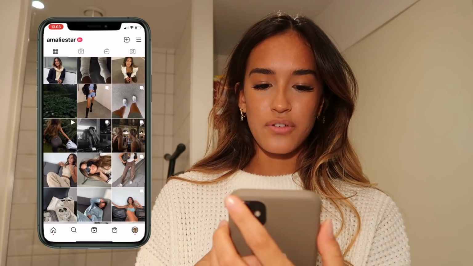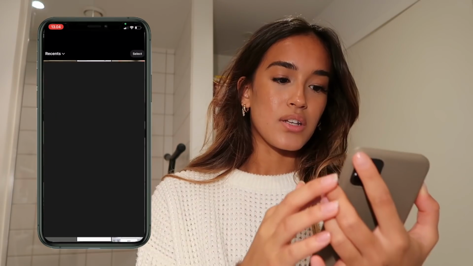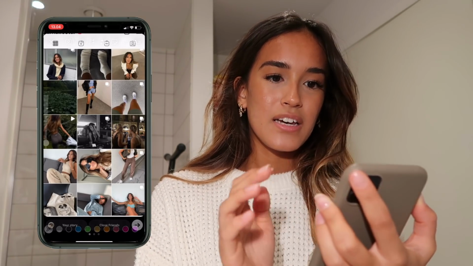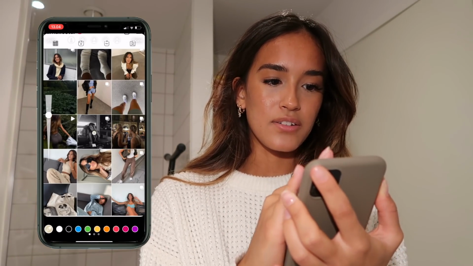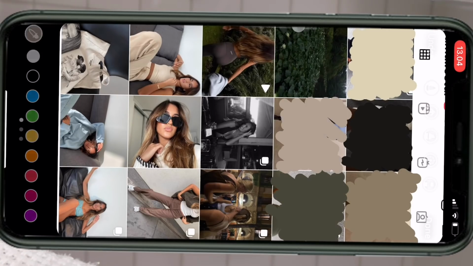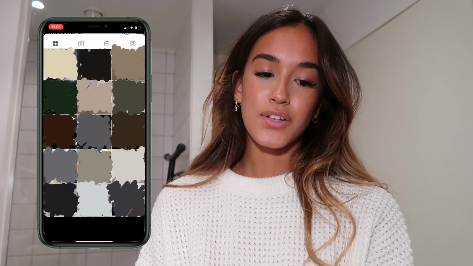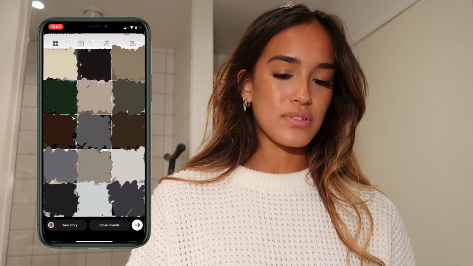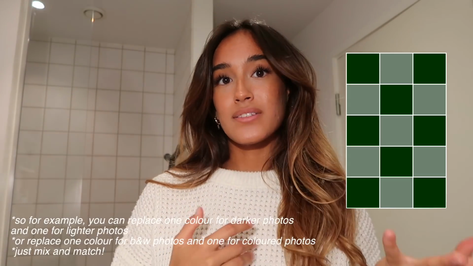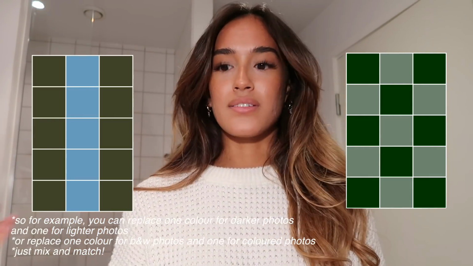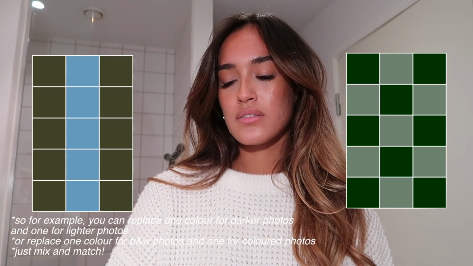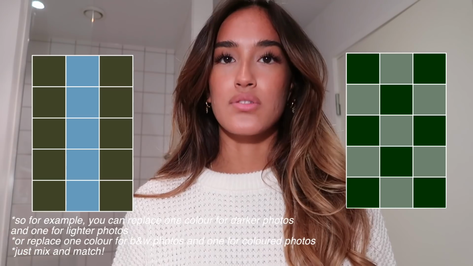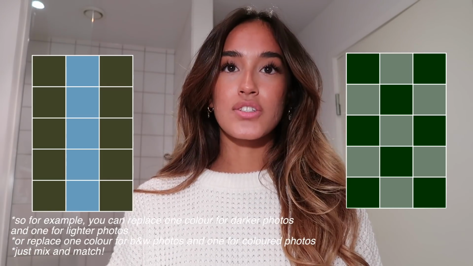Another thing you can check for your feed, for example, is if you take a screenshot and swipe up like that, then you can select it and do like this. As you can see here, all of my photos are very neutral. You can also plan it beforehand and make a chart, like this or like this, to plan how you want it to be. I don't specifically do any of these, I just do it because of the colors, but those are some examples. So that was really quickly how I get my inspiration, how I take my photos, edit them, and upload them.